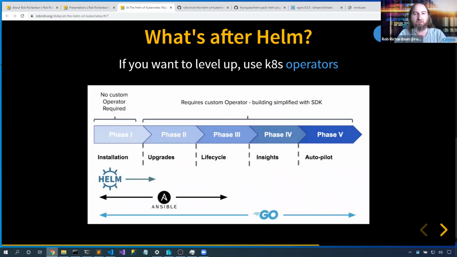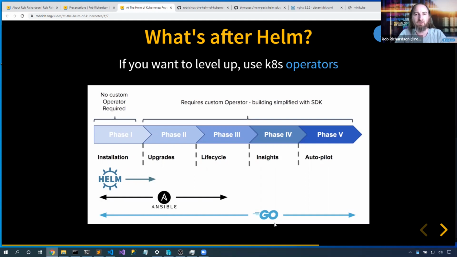Kubernetes operators allow us to do some really cool things about understanding the health and life cycle of our applications and reacting to it in really interesting ways. Now, I can package my Helm chart as a Kubernetes operator, but still the limitations of Helm are only about installation and upgrades. I can replace resources. I can't self-heal. I can't auto-scale. If I want to use Ansible and wrap it in a Kubernetes operator, I can get to some of those lifecycle hooks. But if I really want to level up and get all of the content, then I need to